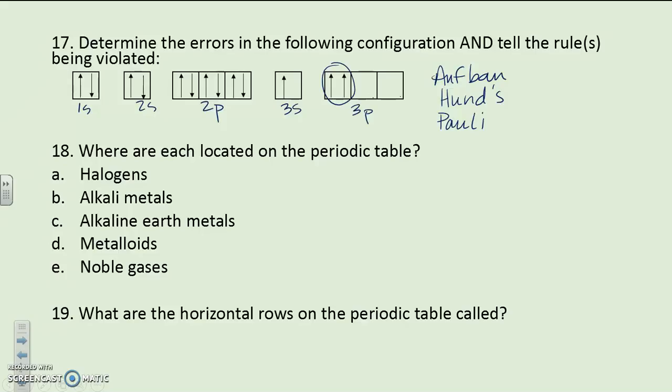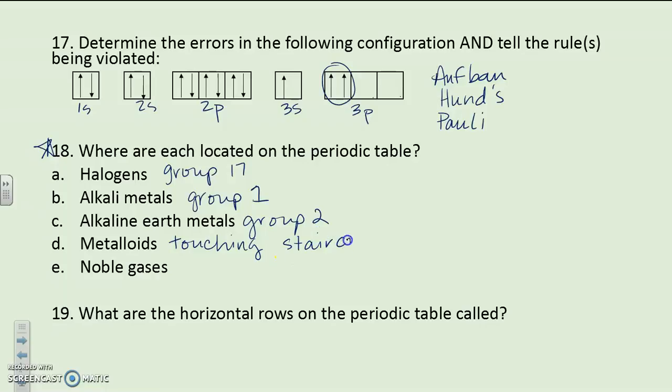All right. Number 18, where are these located on the periodic table? And this will be on the periodic trends test on Friday. Halogens are in group number 17, right before the noble gases. Your alkali metals are in group 1. Your alkaline earth metals are in group 2. Your metalloids are touching the staircase. They are physically touching the staircase. Don't say they're in the swimming pool, because that's wrong. The swimming pool is your transition metals. Noble gases, that's going to be group